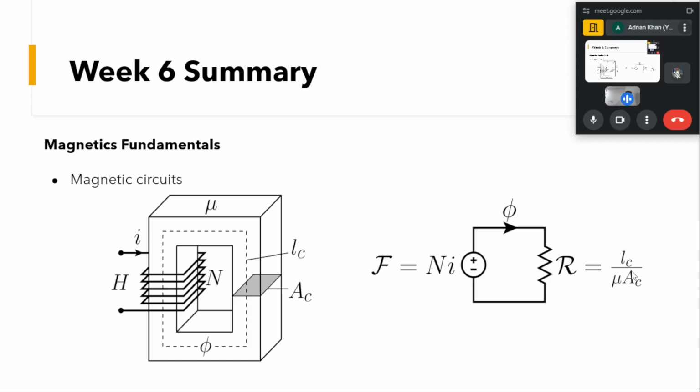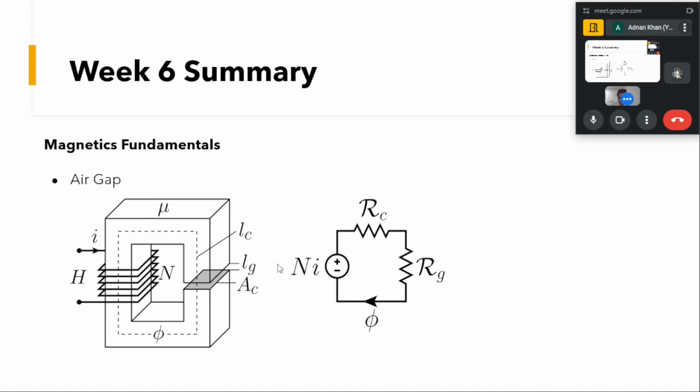So what you saw here is that for a particular core, Lc and Ac will be constant. But if we want to change this flux, the only way is to change this mu. How shall we be able to do that so we can get a change in the flux? For that, what we do is we introduce an air gap